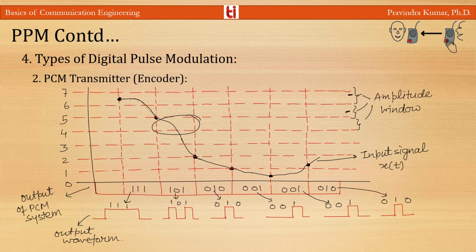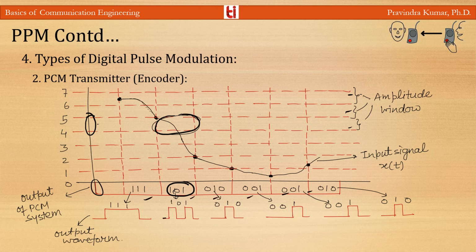This is window first, second, third. So if this lies in window first, window second, and if this lies in window fifth, then we can represent this signal in binary form as 101. And if the sample is in the second window, then the transmitted word is 010, and so on. So we can have these